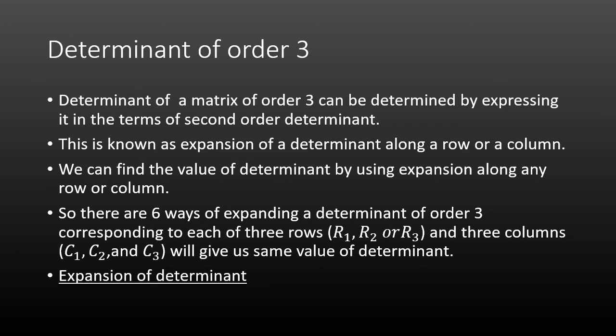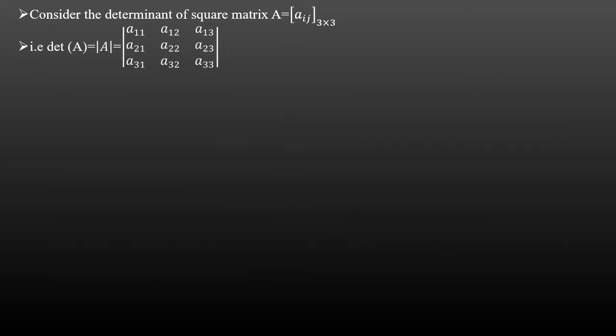So here we have all the steps. First step, what we have to do: first you consider a determinant, a square matrix of 3 by 3. Now you know that for the square matrix 3 by 3 these are the elements of the matrix, and as we want to find out the determinant of A, we should write down in the symbol of the determinant A11, A12, A13 and so on. Now let me see the steps to find out the value of the determinant. Here a total of 6 ways are there, students, but we will see only one way, that is expanding along the first row.